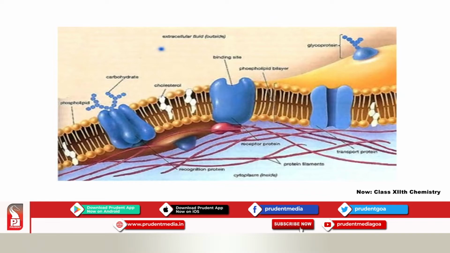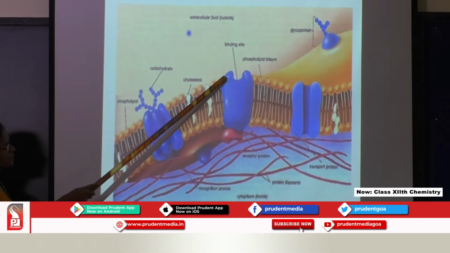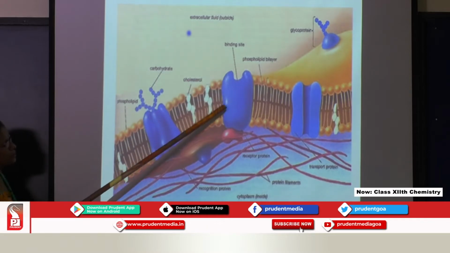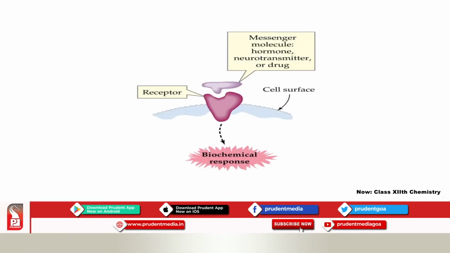Another way drugs can interfere with our body is through the cell membrane. Our cell membrane has protein molecules, the blue colored ones. These protein molecules are embedded in our cell membrane. In the cell membrane, you find these receptor proteins. These are embedded in the cell wall. This projects out here and provides its active site for the binding molecule. The binding molecule which is going to come is also called a chemical messenger. This is a receptor in the cell wall.